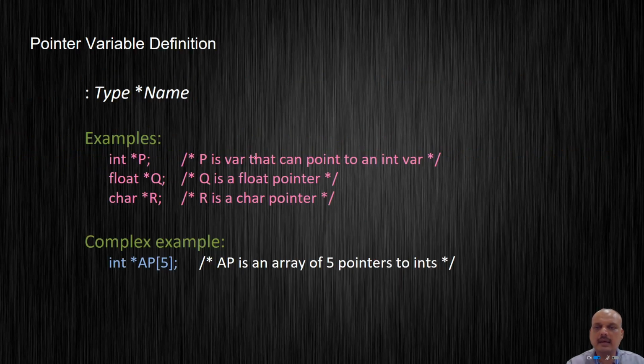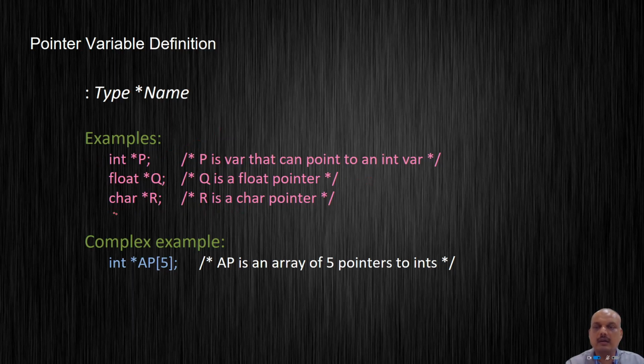Given here are a couple of code snippets on how pointers are declared and used. So here I have an integer pointer p. Mind you, an integer pointer can only point towards an integer variable. A floating point pointer can only point towards a floating point variable. You cannot have a mismatch between the type of the pointer and the type of data it is pointing to. Similarly, a character pointer can only point towards character variables.